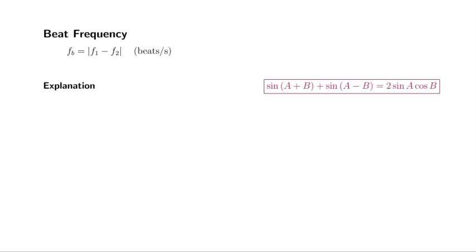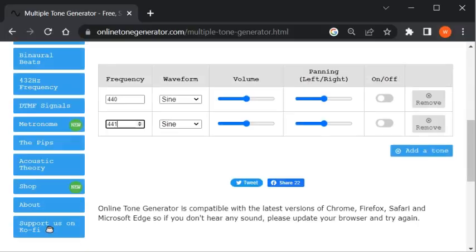All right, let's look at this interesting phenomenon called beats. When we combine two sounds with similar frequencies, we hear fluctuations in amplitude called beats. Let's demonstrate. Here is an online tone generator, and I'm going to play 440 hertz,